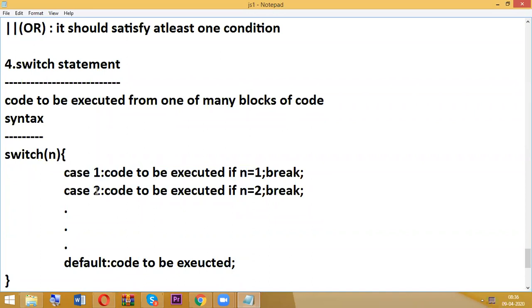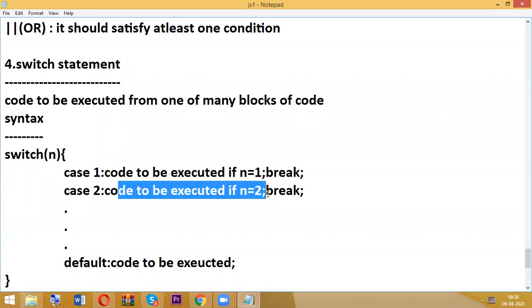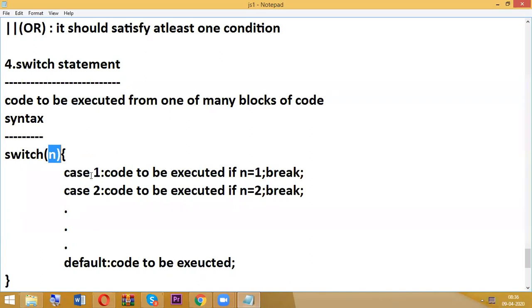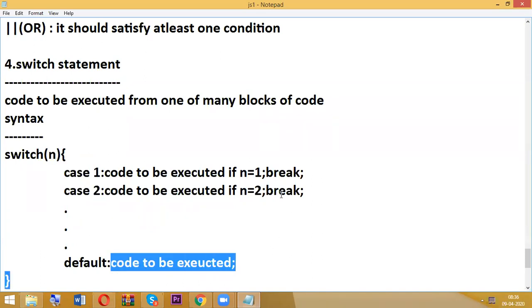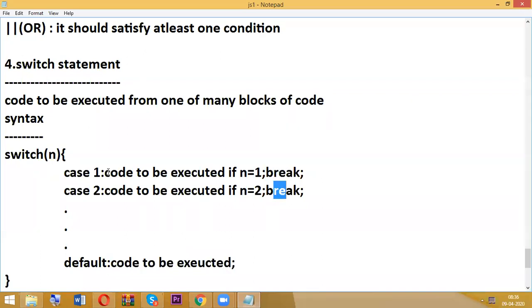Whenever the n value is matching with this case, then this one will be executed. If anything is not matching, it directly goes to default and executes it. Here also there are so many statements, but finally only one statement will be executed. Are you getting that?